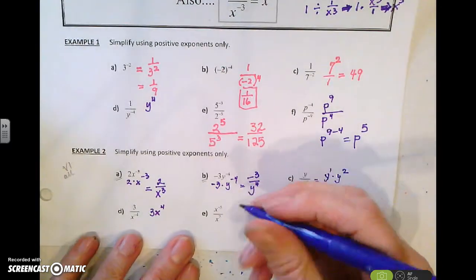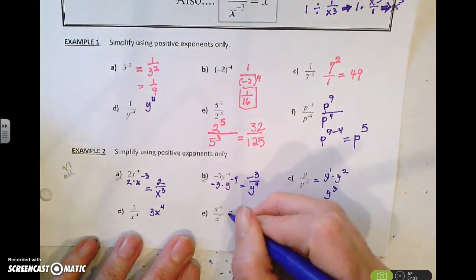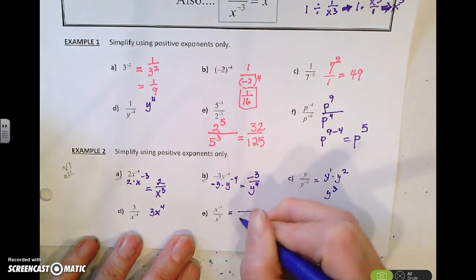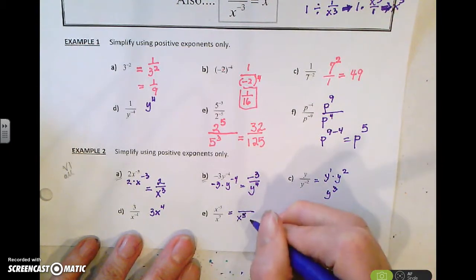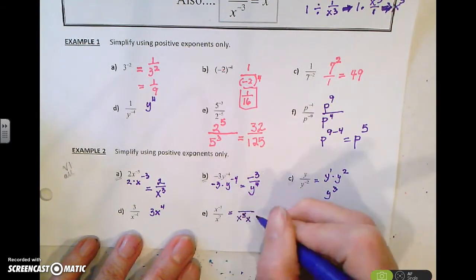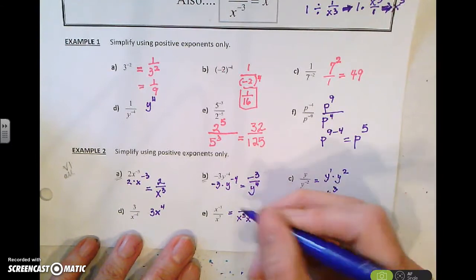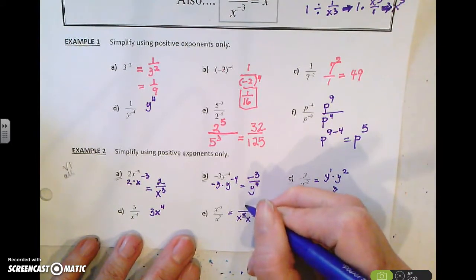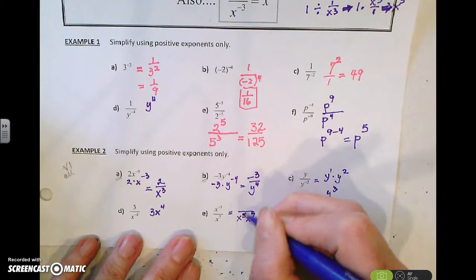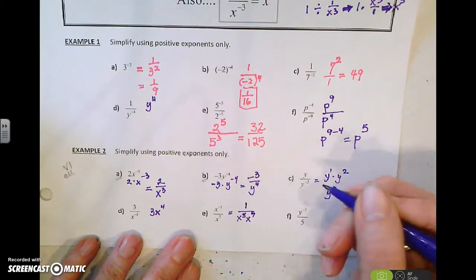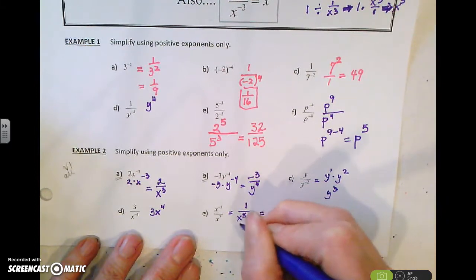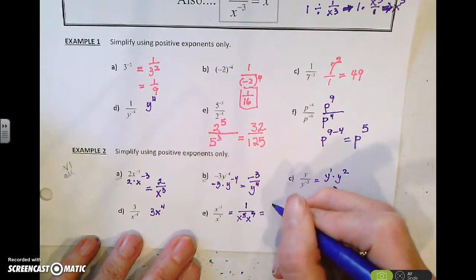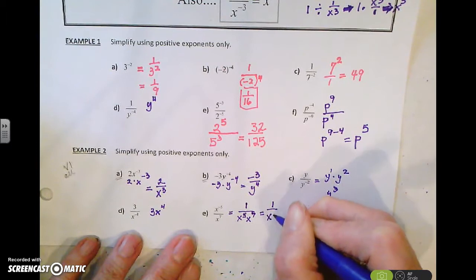And then e, on this one, my x to the negative 5 will drop to the denominator, become x to the 5th. X to the 7th has a positive exponent, so it stays. I don't have anything in the numerator, so it is a fraction, and these are in the denominator, so I need to put a 1 in the numerator. And then because here I have a product in my denominator, I will add them, and it becomes 1 over